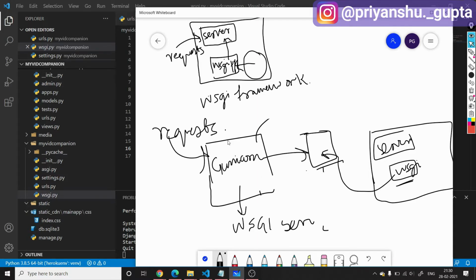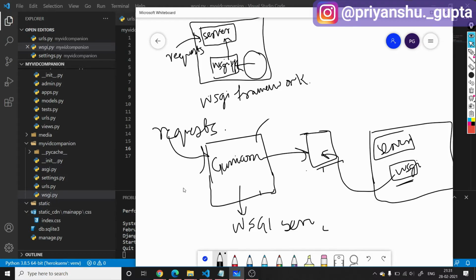So Heroku uses this server, and why do we not use the built-in server of Django in deployment? Because it is not fully safe. When we are deploying our application on a platform which is publicly available, then it has to add certain security measures like firewalls, and it should be thread safe. So it is all very complicated. I'm not going deep in that, but from a security point of view, we are not using this built-in server of Django.